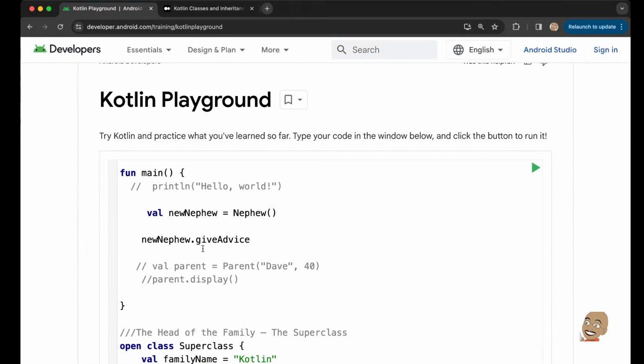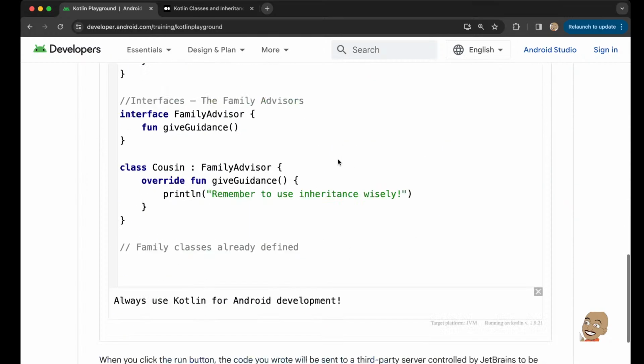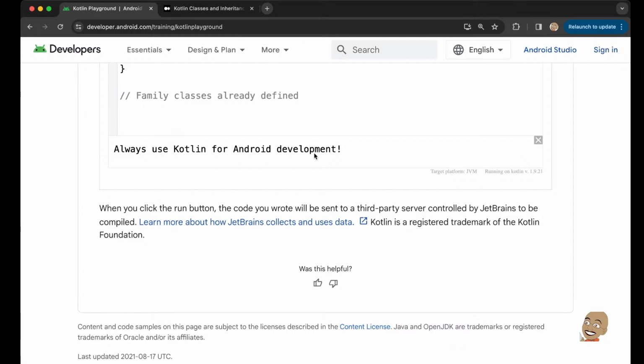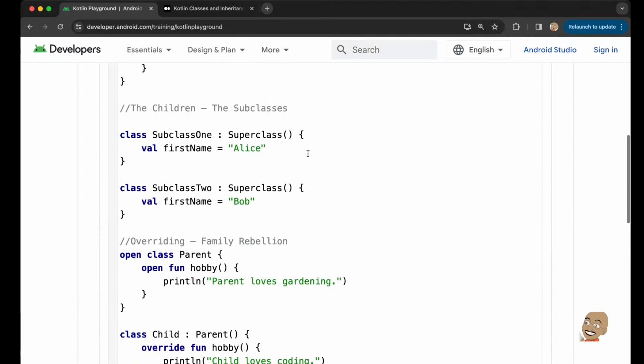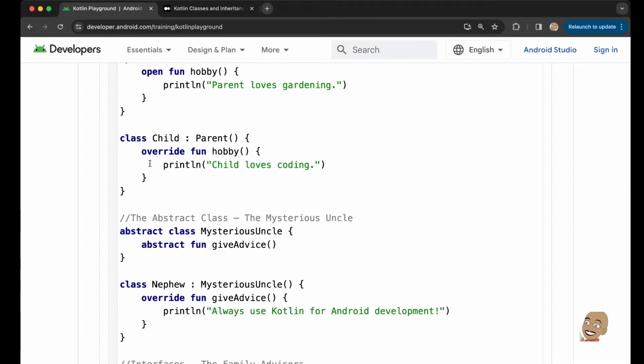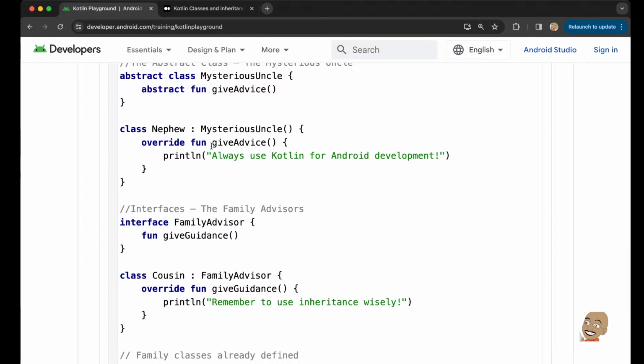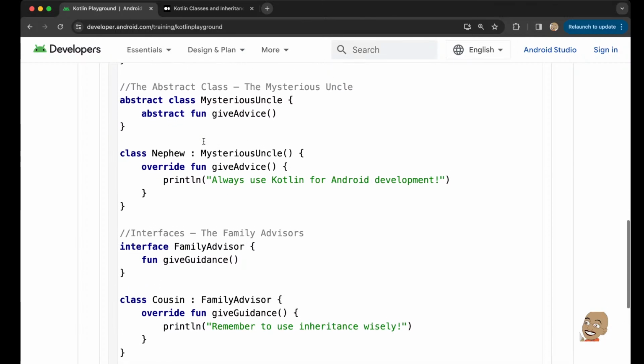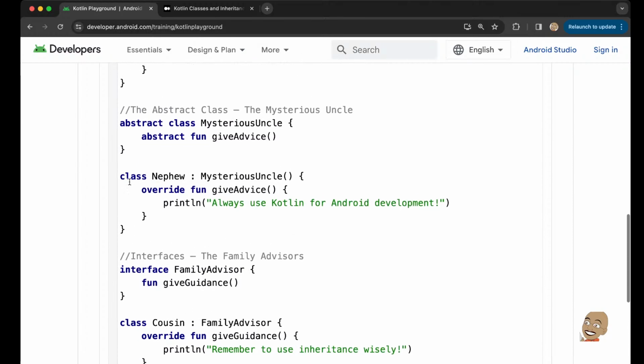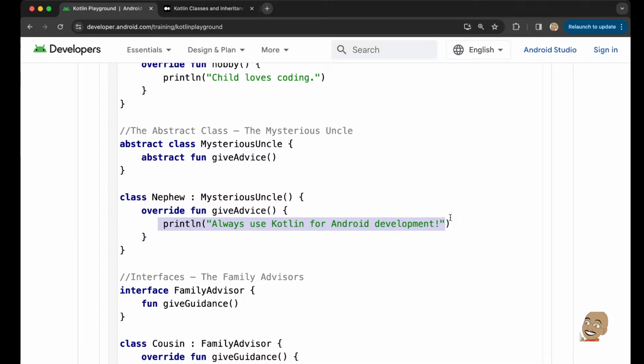And let's see what happens there. So, all right, it does use what it overrode the method to have. So the nephew did indeed implement what was given from the method implementation of the mysterious uncle. But let's go ahead and